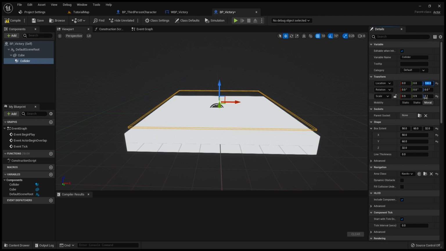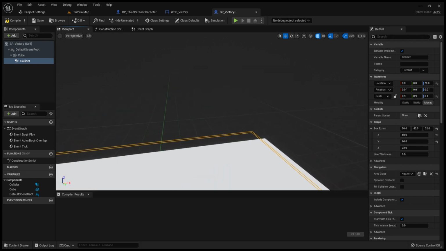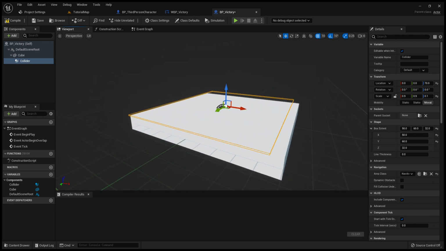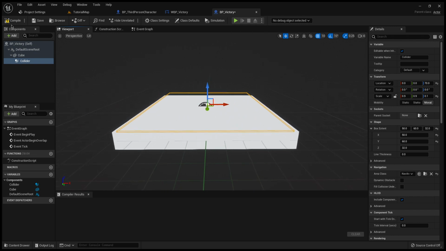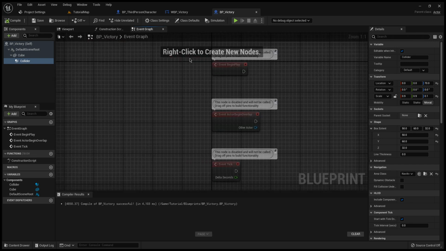So, let's see, do 50, 70, okay. So now, when they collide with this, they will trigger it. Okay, so we'll compile real quick. Save it. Now when we come over to the event graph for this